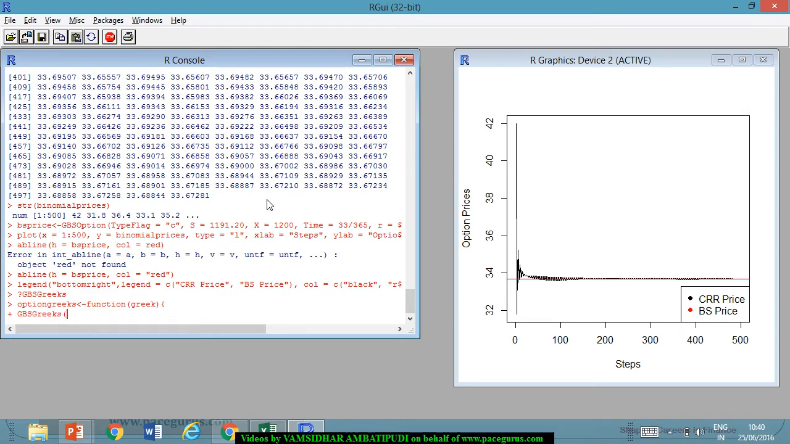Among the inputs of GBS Greeks, first I require the selection, whether it is gamma, delta, whatever it is. That is what I am calling the selection, so I will pass it as a variable. Let me take it as Greek itself. Then I require the type flag, based on what I am computing: is it for a call option or a put option? Here I will give it as C, not CE, because it's a call option. Then I require the stock price